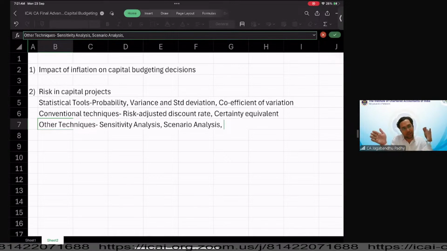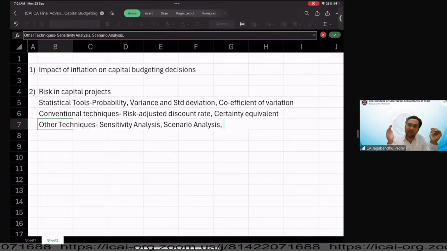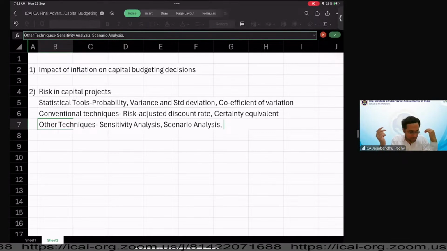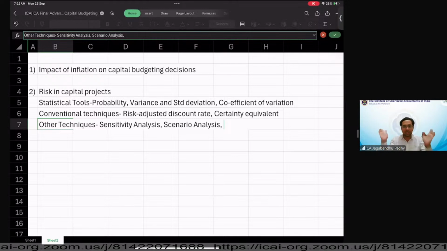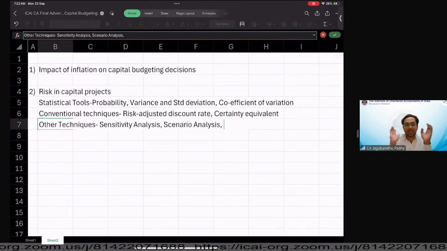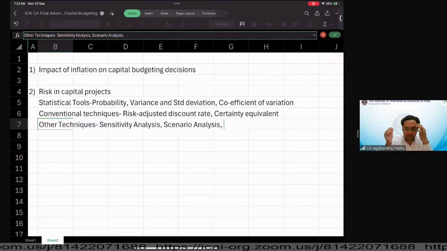We say if we are really optimistic about a project, what's the possible NPV or IRR? If we are really pessimistic, and all situations don't work in our favor, then we see what the NPV is. If it is a moderate scenario, then what's going to be the NPV? So that gives you a broad discussion of what risk you are facing, what's the maximum loss that you can make, what's the maximum profit that you can make. That aspect is taken care of in the scenario analysis.